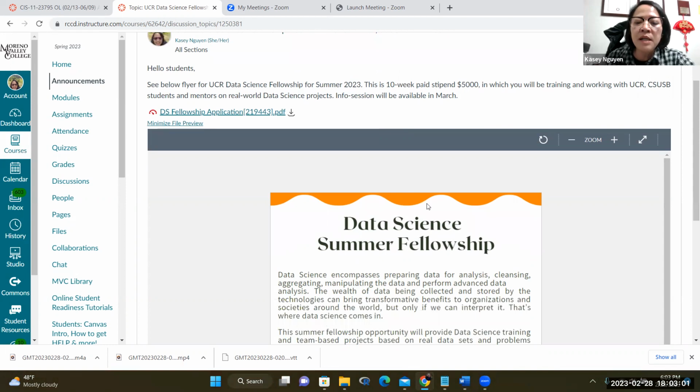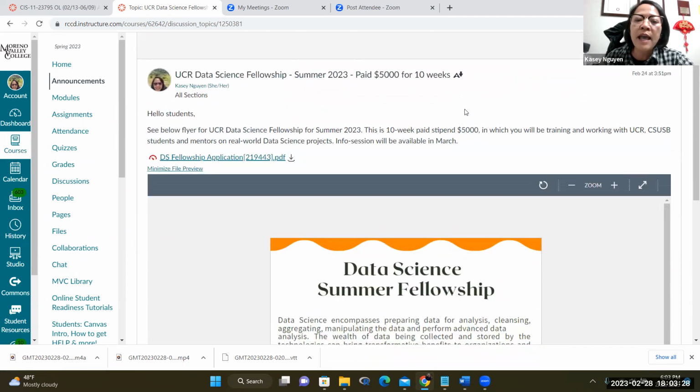So this opportunity, you can apply for it and you will work with UCR students, grad and undergrad students, through the training. At the beginning, they will go over the basics, and then eventually throughout the program, you learn how to work on a data science project. You will be given a real case project, and you will have a mentor. So, for example, a project could consist of looking at how we can have water systems based on the data that we have